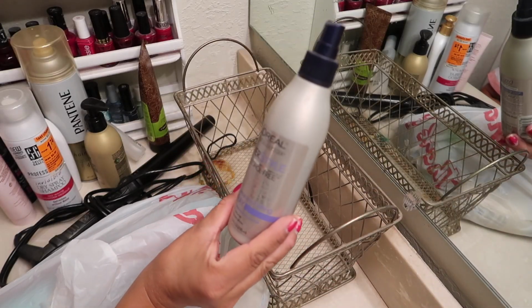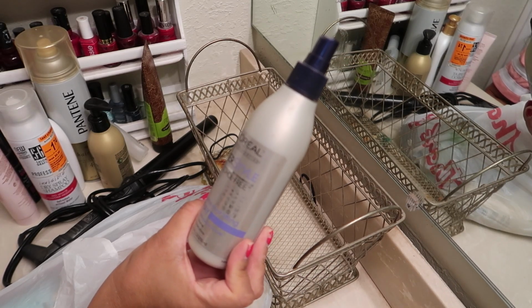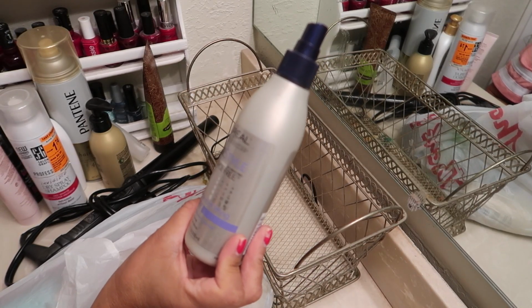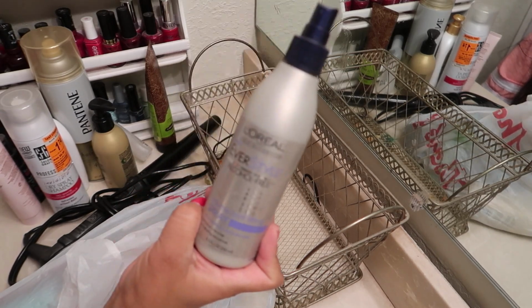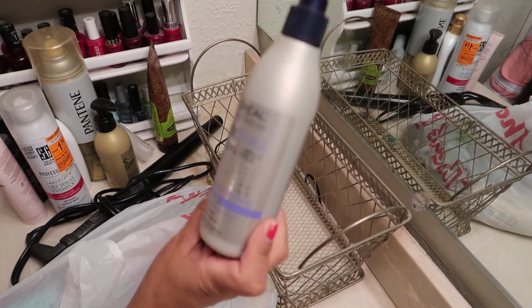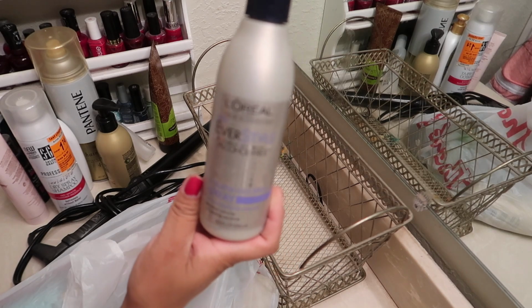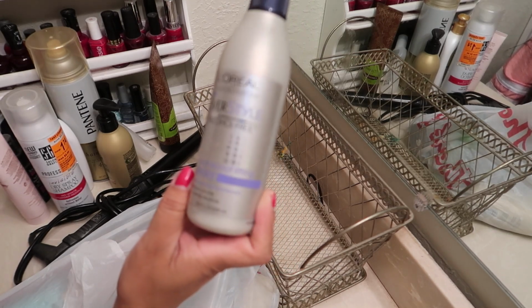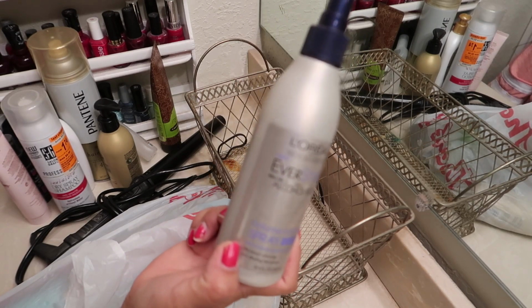And last one here, this is the L'Oreal alcohol-free Everstay Volume Root Lifting Spray. I've tried this so many times. I really wanted to like this, but really it did not work. I have a lot of hair, thick hair, and it just didn't work. So this is a no-go. I was trying so hard to enjoy this, but